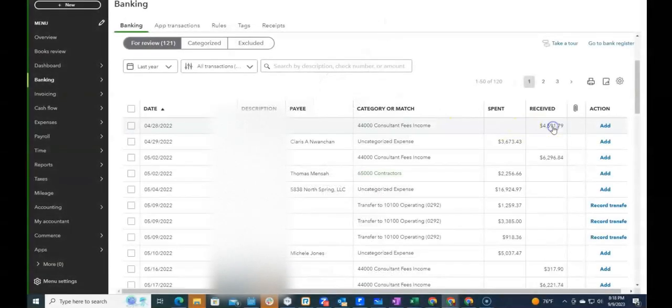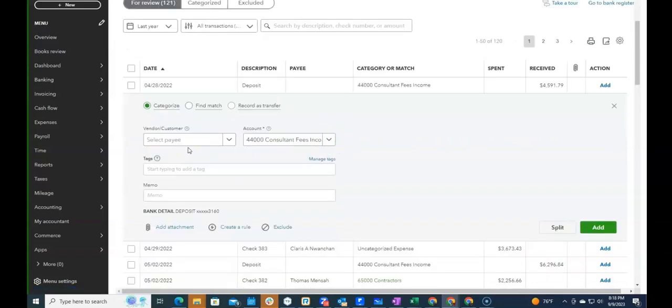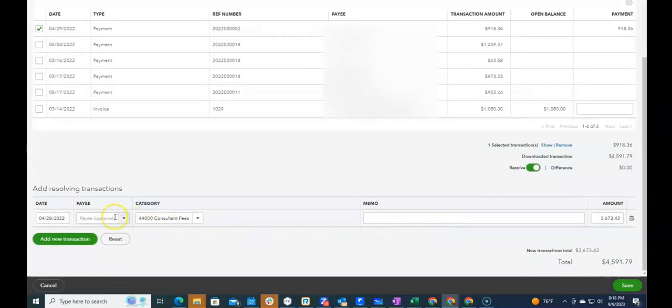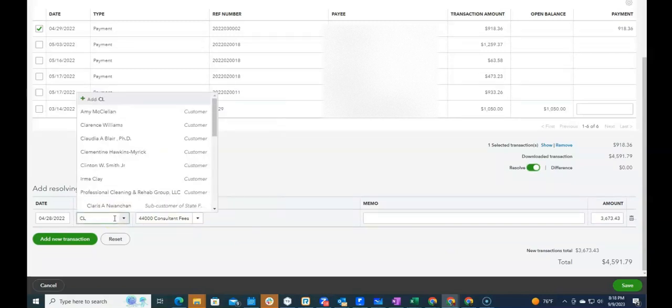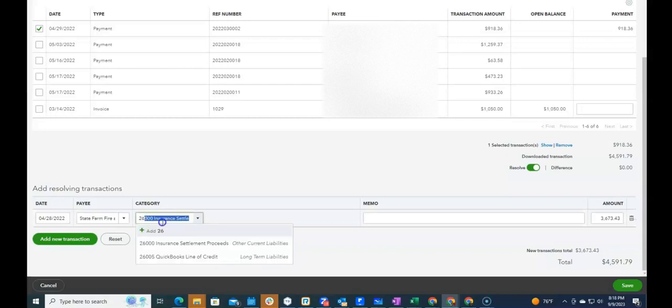We're going in here making sure that these transactions are not duplicated. So we're going to select this find match because the transactions are already entered in the books for the payments received. So part of this is a payment, and here's a payment right here. So we're going to select that. The rest of this is owed to their client. So we want to make sure we resolve the difference. Now down below, we make sure we click the same client name, and we're going to map this to the liability account to make sure that we're not duplicating the income. We're just showing exactly what's going to be owed to that client so that when we cut the check to the client, it impacts that liability. So there it is. Now that the difference is resolved,